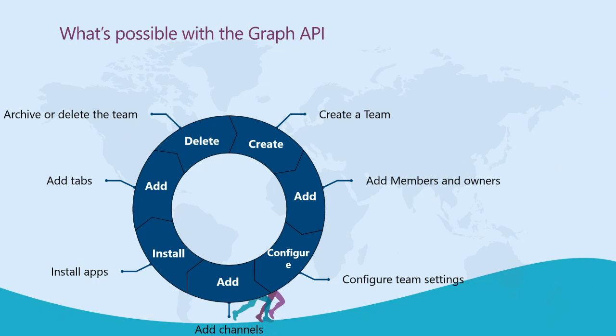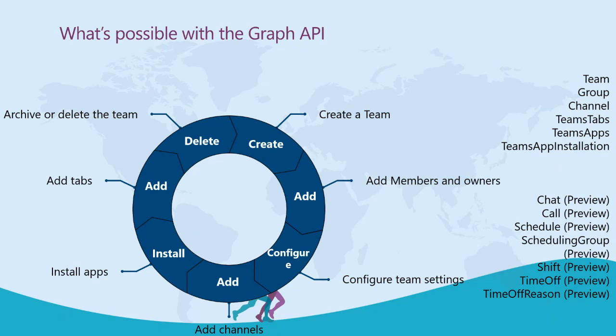You're able to create a team, add members, configure team settings, install apps, add channels, create tabs, and last but not least, archive and delete teams. So you have an almost complete life cycle here, but